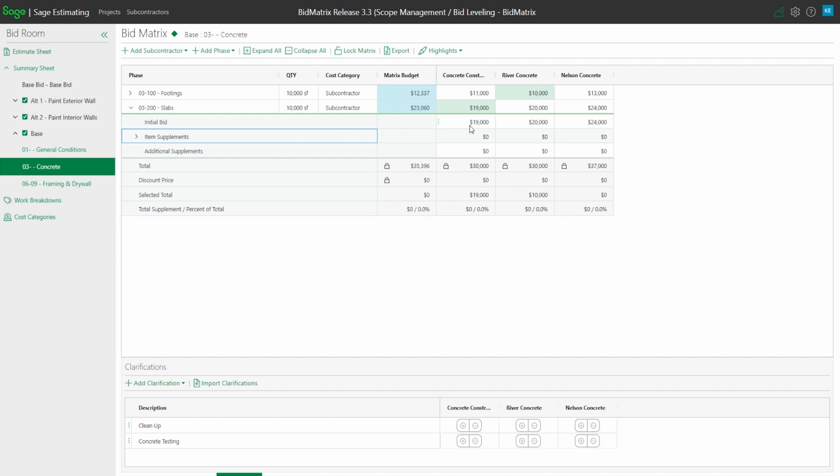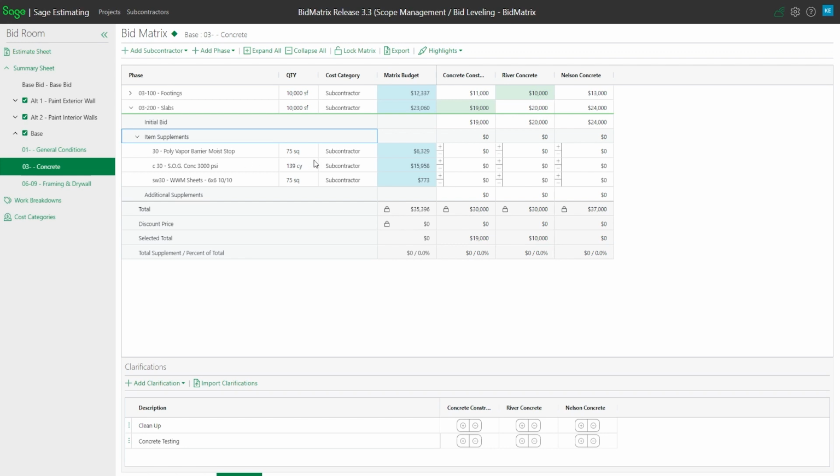So right now, my initial bid is basically just the bids that I put in for each one of the subs at the moment. If I open up the supplements, I can see here's what was in my estimate as far as my budget goes. And then basically if they included it, so I'm going to say that this one here has included both of them. So I'm just going to hit the little plus where if I want to go through there and say, well, maybe this one did not include this one or something of that nature, and this one here did not include this one, or whatever the case may be. So, that makes it a lot more viewable on seeing how that scope compares from one sub to another also.